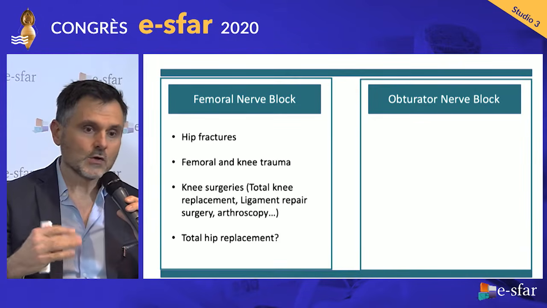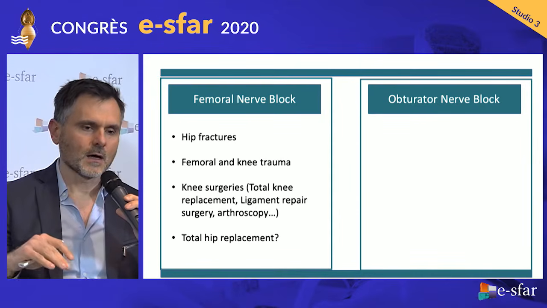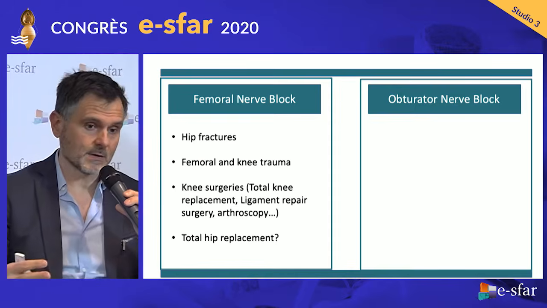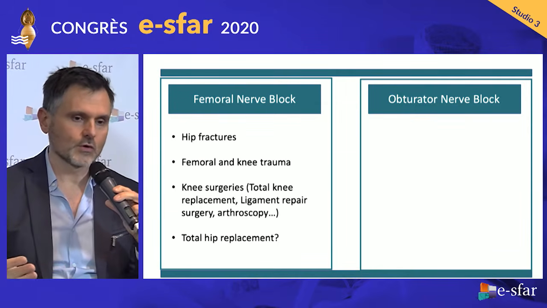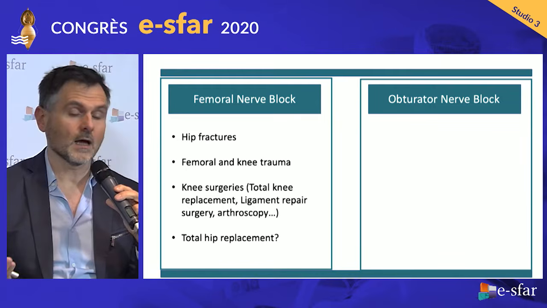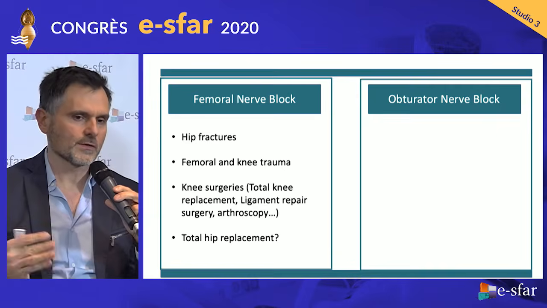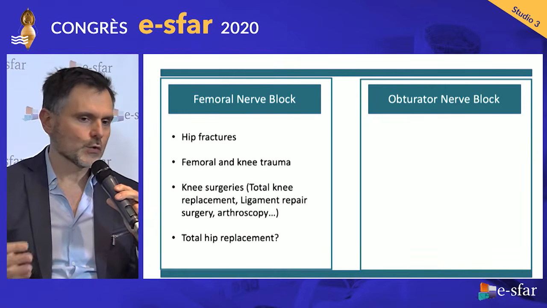But we can use femoral nerve block in special indications like total hip prosthesis replacement when the patient will not be able to walk the day of the surgery. And so in this case, we can use femoral nerve block even if it is not usually used